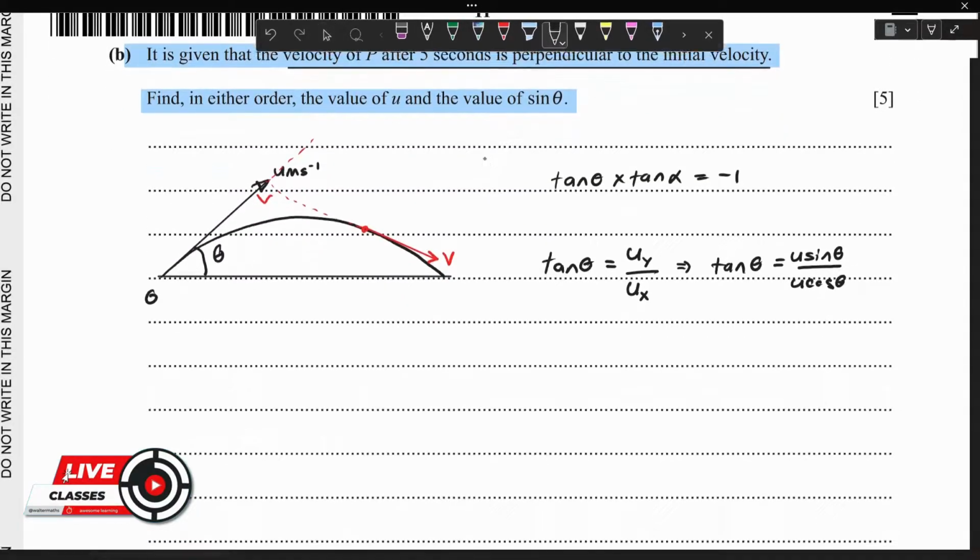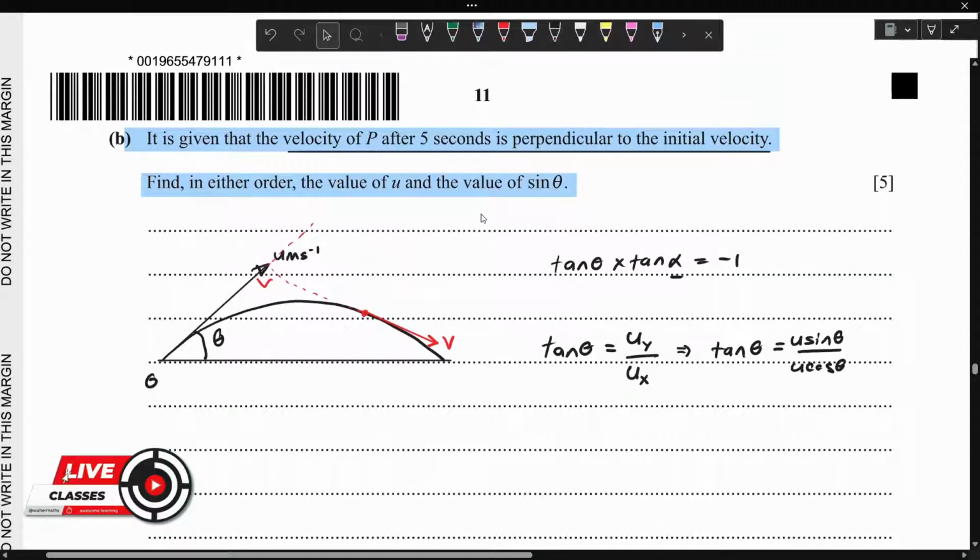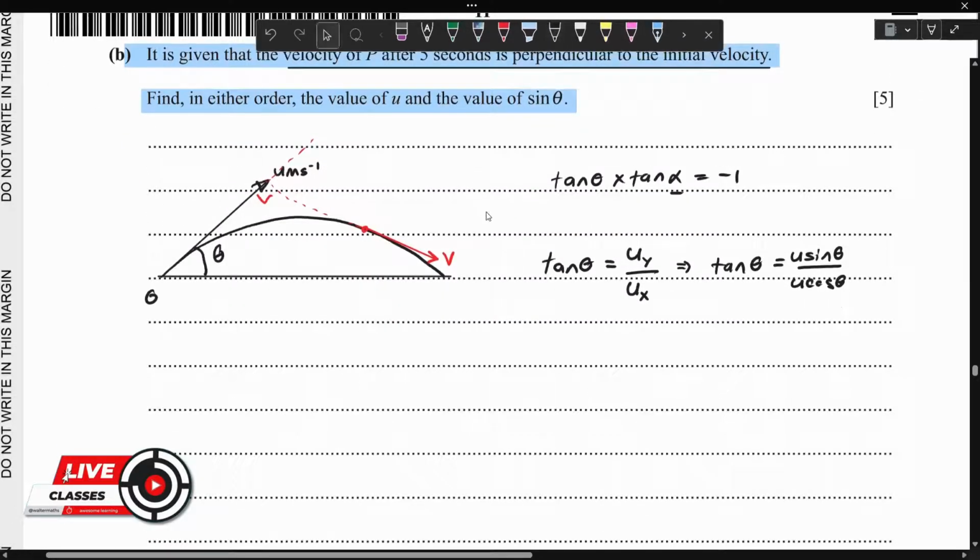Okay. And for alpha, alpha is the direction of the particle 5 seconds after projection. So we call that alpha. Okay, 5 seconds after projection. Let's have that, 5 seconds after projection,